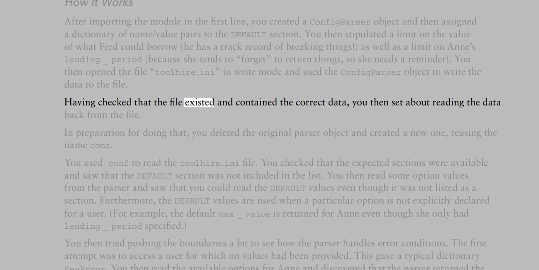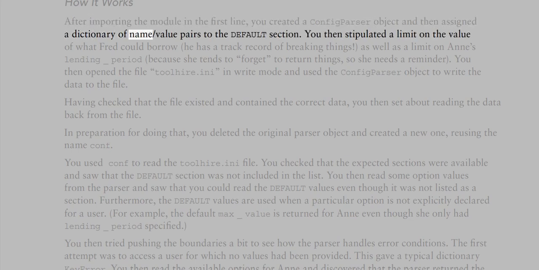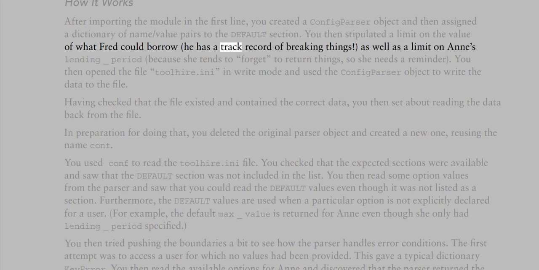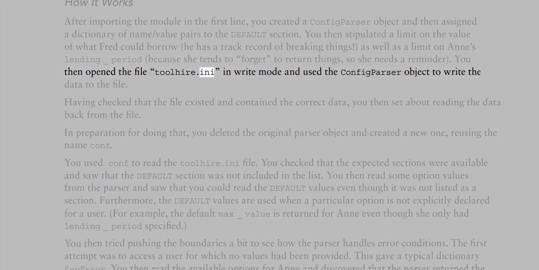After importing the module in the first line, you created a config parser object and then assigned a dictionary of name/value pairs to the default section. You then stipulated a limit on the value of what Fred could borrow, as he has a track record of breaking things, as well as a limit on Anne's lending_period, because she tends to forget to return things, so she needs a reminder. You then opened the file, toolhire.ini, in write mode and used the config parser object to write the data to